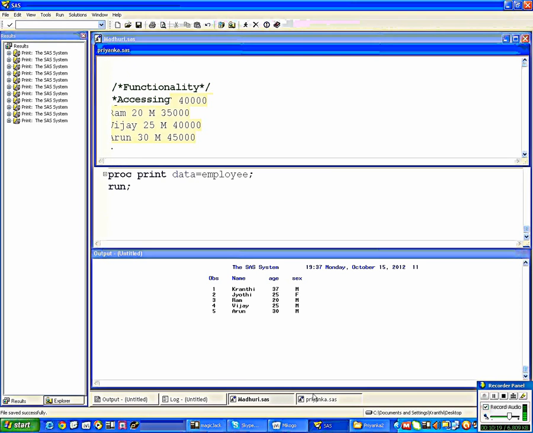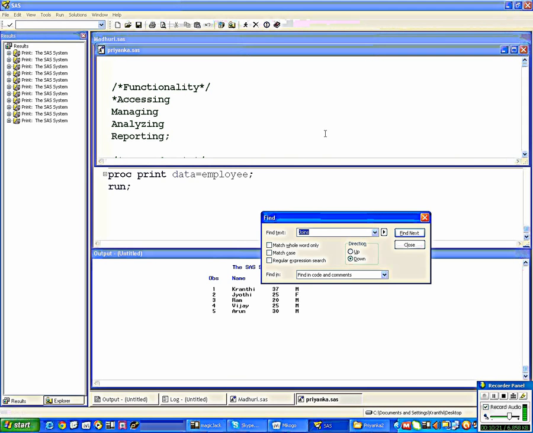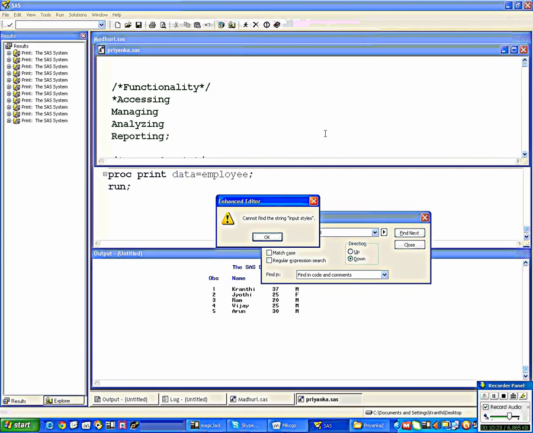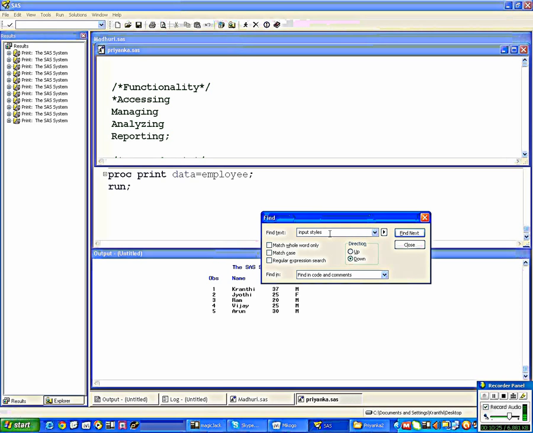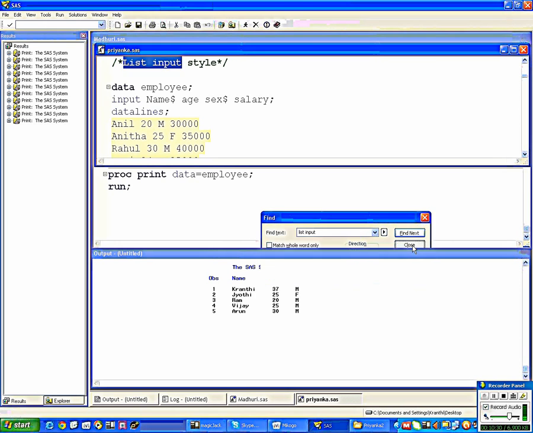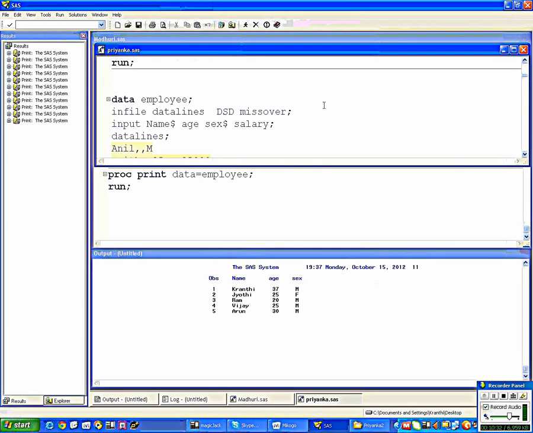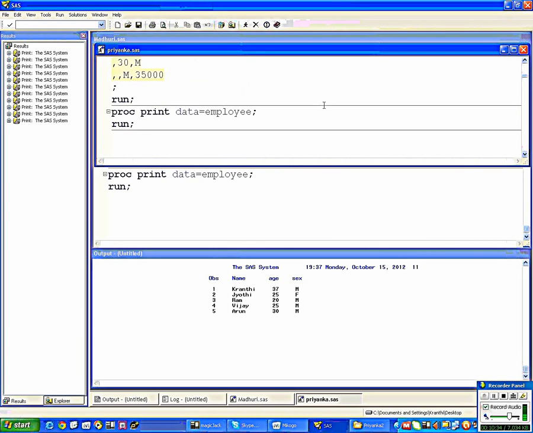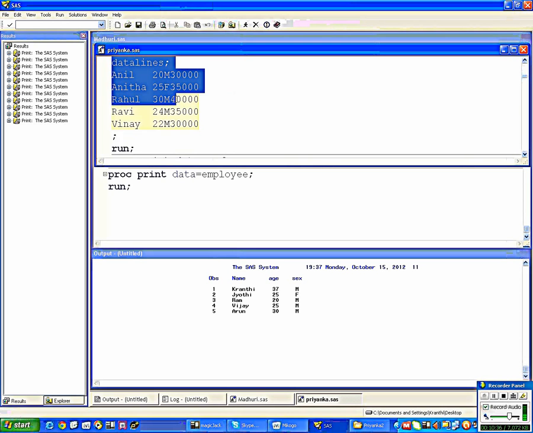Okay, fine. Now let me show you some input styles. So there are different types of input styles.